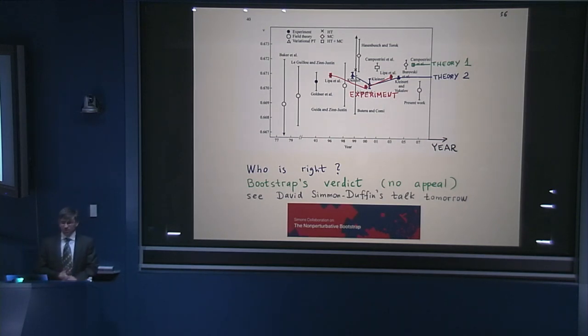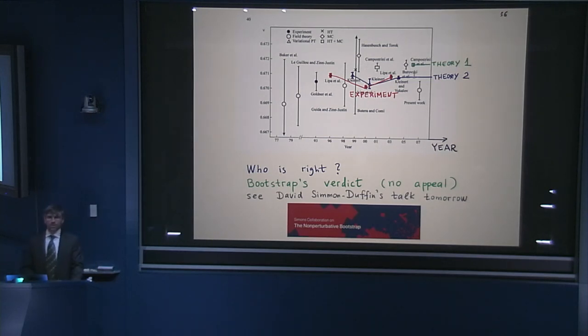And then there are some theoretical groups that compute the same thing theoretically, and some of them are not very scrupulous. Every time experimentalists find a number, they magically find exactly the same number. Then the experimental result changes, and they also change. Then the experimenter goes back, and they again update their theoretical prediction. Then there are other groups which stay constant, but there is a big disagreement. There's a big disagreement between theory and experiment.